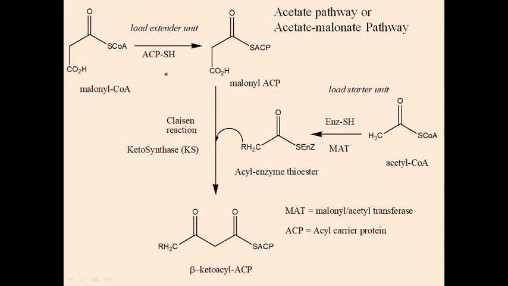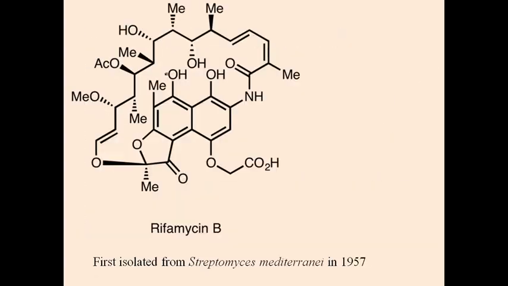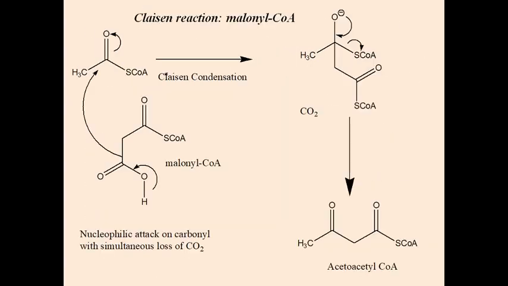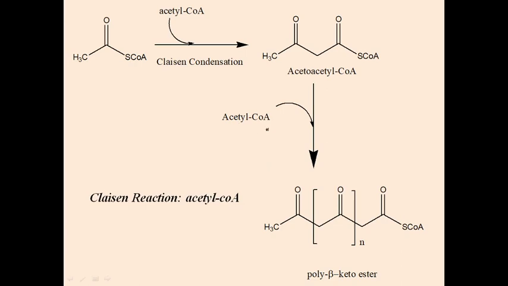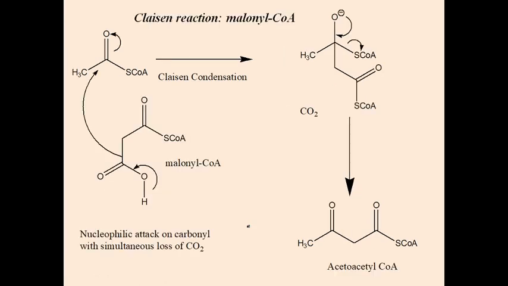Like it was said earlier, one acetyl coenzyme A reacts with another acetyl coenzyme A, and further acetyl coenzyme A can be added here, and poly beta ketoester is formed. This is for simple basic understanding only. It does not exactly happen like this. And this is also for basic understanding, that acetyl coenzyme A does not react as it is with acetyl coenzyme A, it reacts with malonyl coenzyme A only.